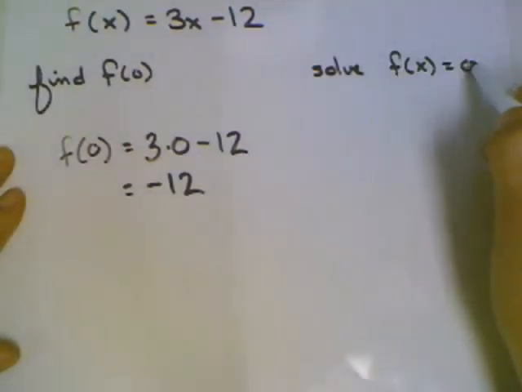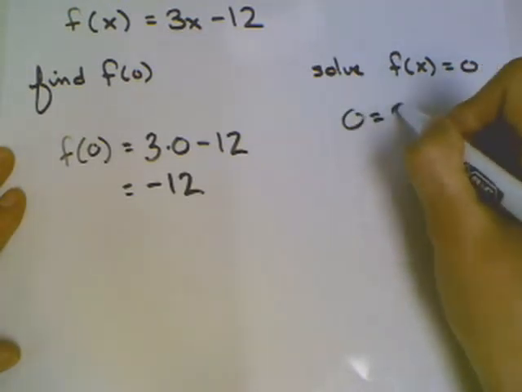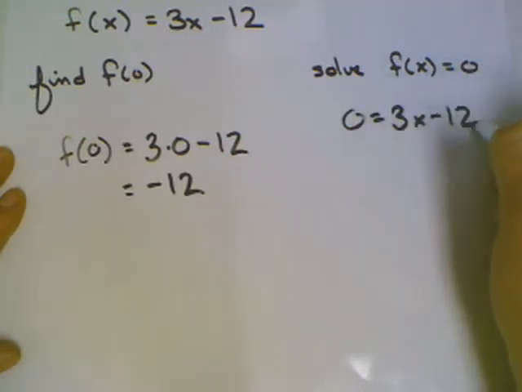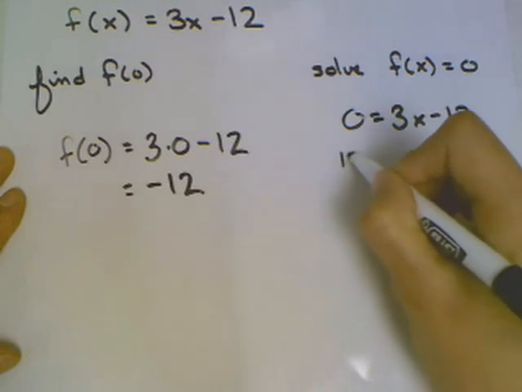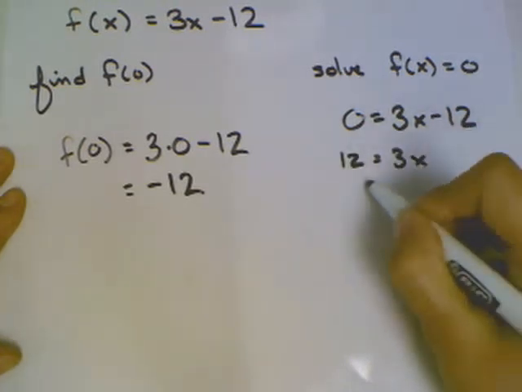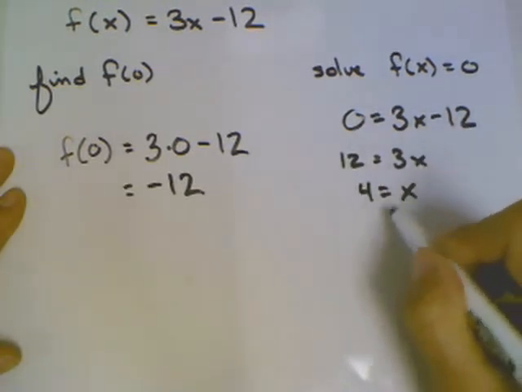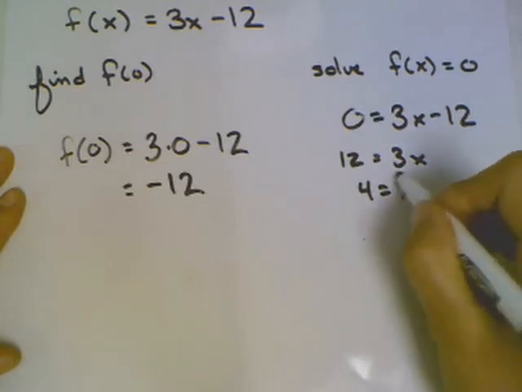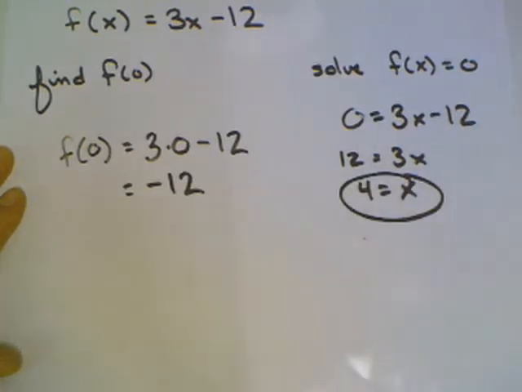To do that, I'm going to say, okay, f of x is 0. What is x? Add 12, divide by 3, x must be 4. So our solution here would be that x